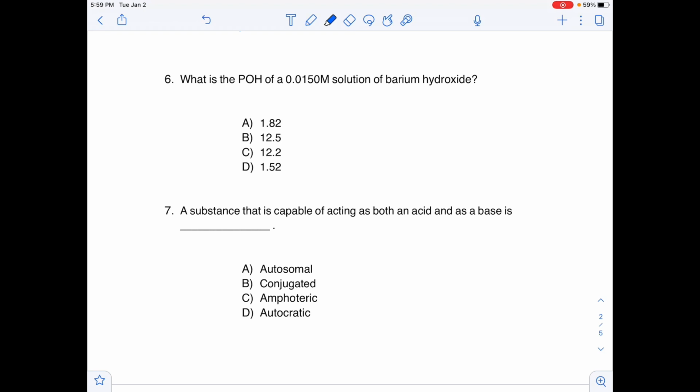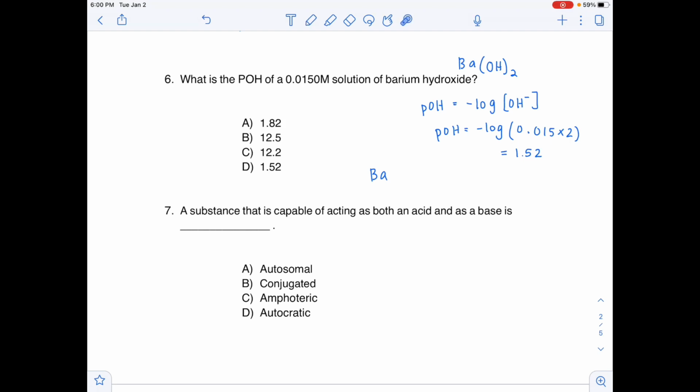For question 6, it says, what is the pOH of a 0.0150 molar solution of barium hydroxide? So to solve this, we're going to see that the pOH equals the negative log of OH minus, and then the pOH equals the negative log of 0.015 times 2, which is going to end up equaling 1.52. And barium hydroxide is Ba(OH)2,